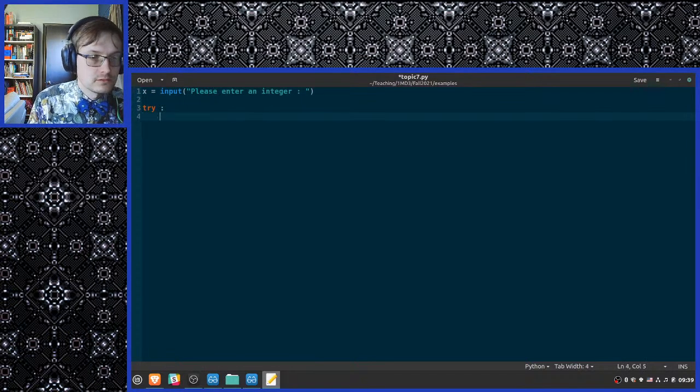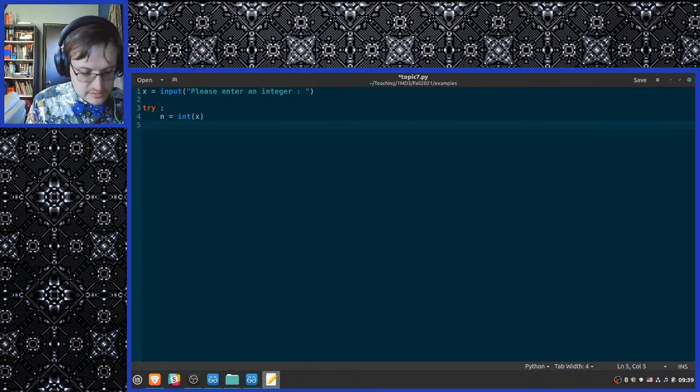Try: n is equal to integer convert the result stored in x. Then, if that succeeds, print you entered the number x.